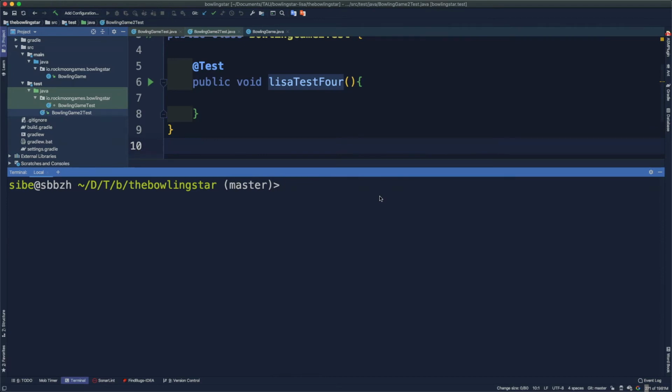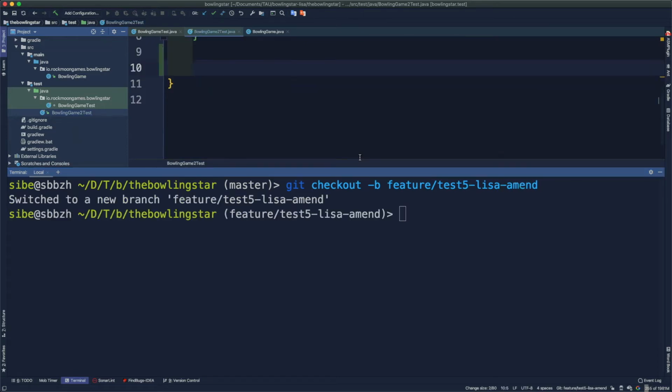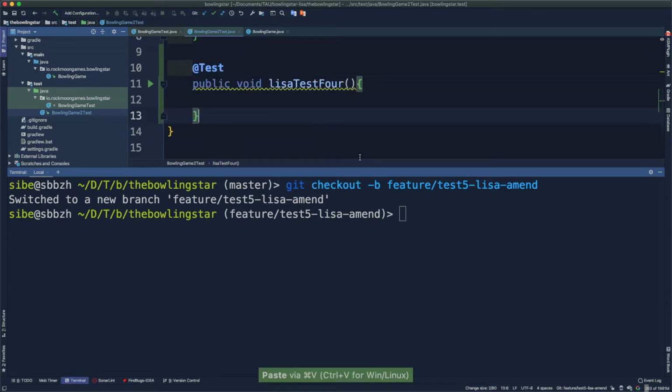Okay, let's help Lisa with her first task of this chapter. We will create a new branch and call that branch test 5 Lisa-amend. Now on this feature branch here we will create a fifth test in the Bowling Game 2 test class,